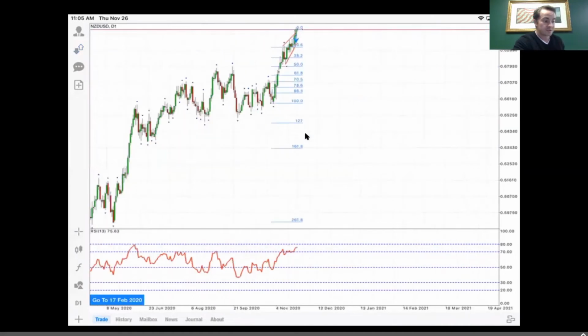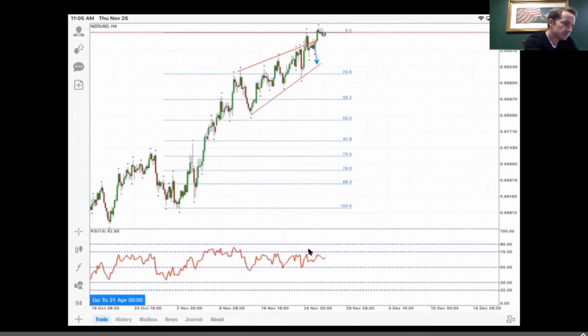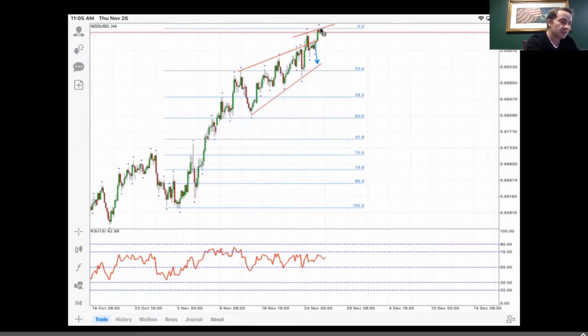Right at that psychological 70.00 level, daily RSI massively overbought. I personally thought we were going to come down here. We had a false breakout leading to a breakdown, and price just kept creeping back up here, right? So taking out stops again. The banks are making their money, taking stops out at the top of this liquidity pool, but I think it's just a matter of time before we get a retest of these lower levels, to the very least to take out this wedge here,